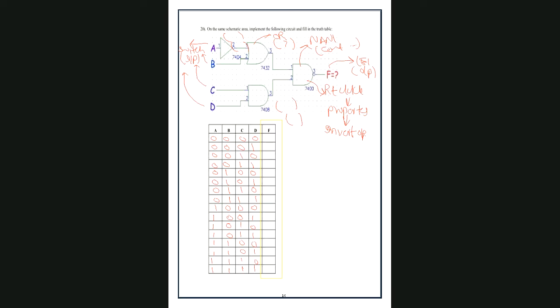After recording this output, you have to find out the sum of products. By taking all the values where it is 1, you just find out. I will not show it because you have to find out these values. Then after that, you have to find out the product of sums. How do you find out the product of sums? By F bar is equal to 0 and complementing both sides. Complement both sides and solve them, and you will get it.